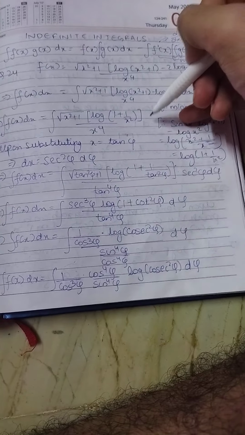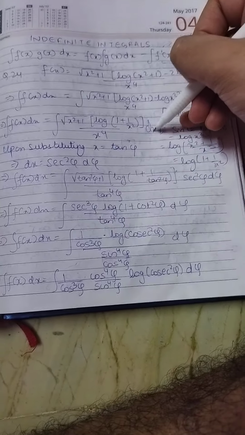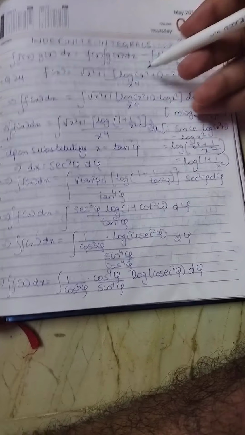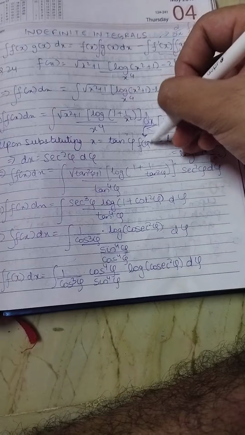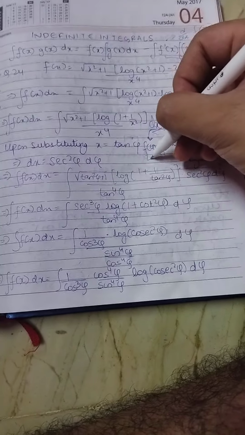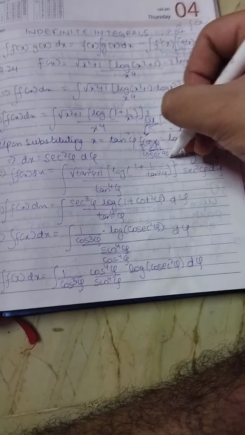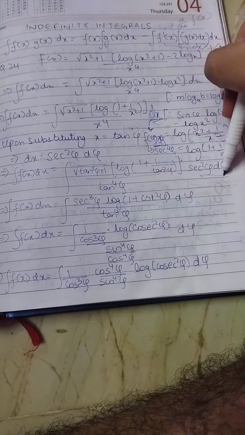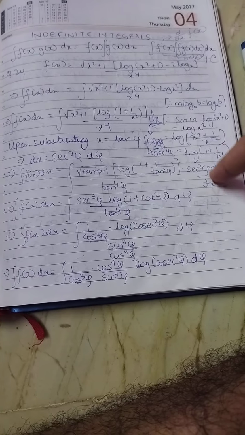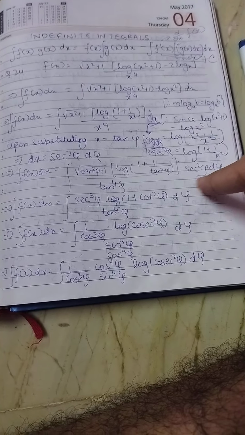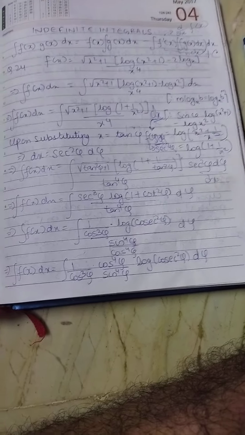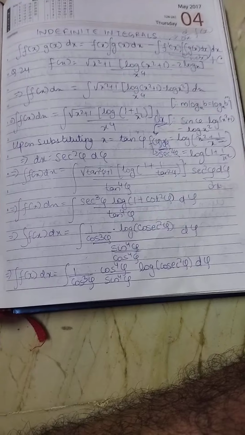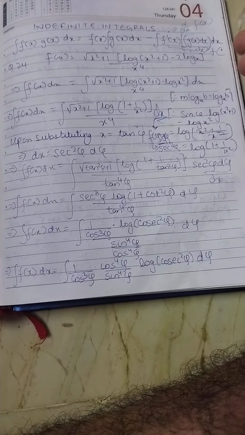Here I have made a mistake, students, if you have noticed, dx. So this dx has to be substituted with some function of phi d phi, where f of phi is secant square phi. So sec square phi d phi is nothing but dx. Okay, I have substituted dx with sec square phi d phi. Now it is a function of phi and we have to integrate it with respect to phi. The integration is with respect to phi, and after evaluation we will substitute it with x.